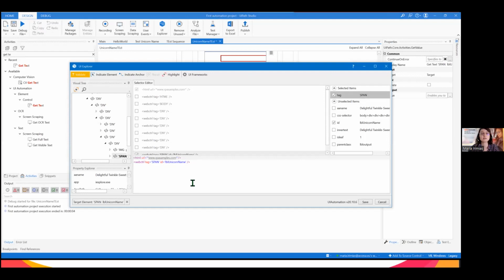In that case, the robot will not do exactly what I was instructing, what I would have expected it to do, but it will press on the first element on the web page it finds with the attributes I provided. In that case, it was default, just span. If there were two elements on the page with span, it would have chosen the first one, taken the text from it, and I would have a wrongly implemented automation.